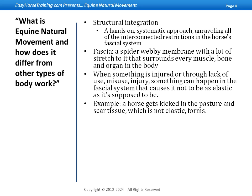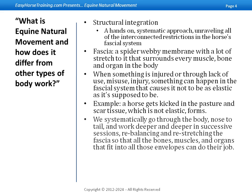But whereas the connective tissue of the fascia will go along in sort of a parallel way so that you can really stretch it and it will expand really nicely, when scar tissue comes in, it kind of lays itself over like a Band-Aid. It's a bit of a mishmash of emergency repair. So what happens is when you go to lengthen or stretch in that area, and anyone who's had an injury knows this, you can't quite bend it the same way. Anybody who's, say, for example, injured their ankle, they know it just doesn't quite get full range of motion back again. So that's one of the things that we work with, is we systematically go through the body,